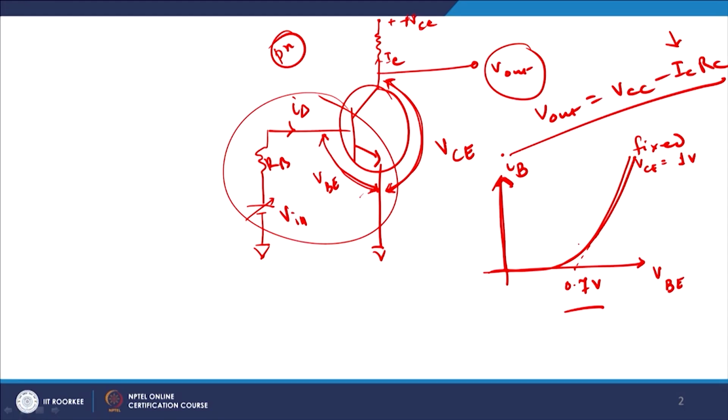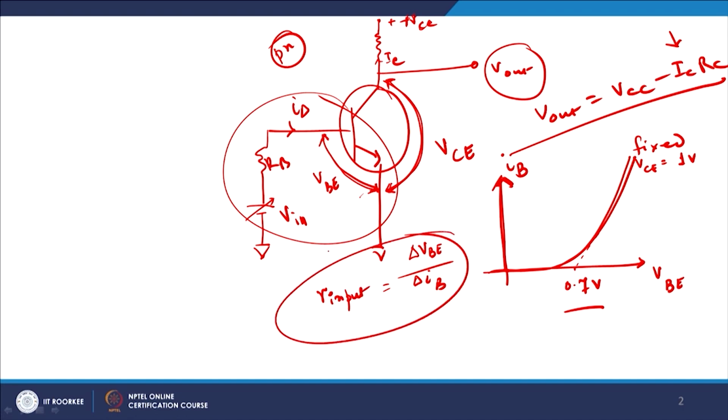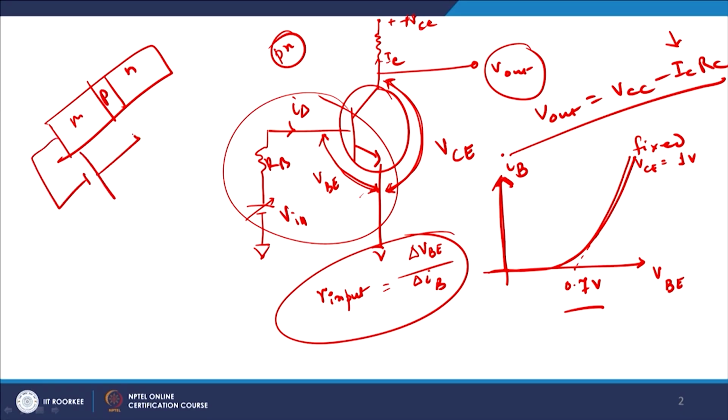Now, if you want to find out the forward resistance of the PN junction diode, then the resistance will be del VBE upon del IB, which is defined as the input resistance, R input, of the NPN transistor. So, it means that my VC is fixed. If you look very carefully, in this NPN, I am forward biasing this junction, and I am reverse biasing this one,